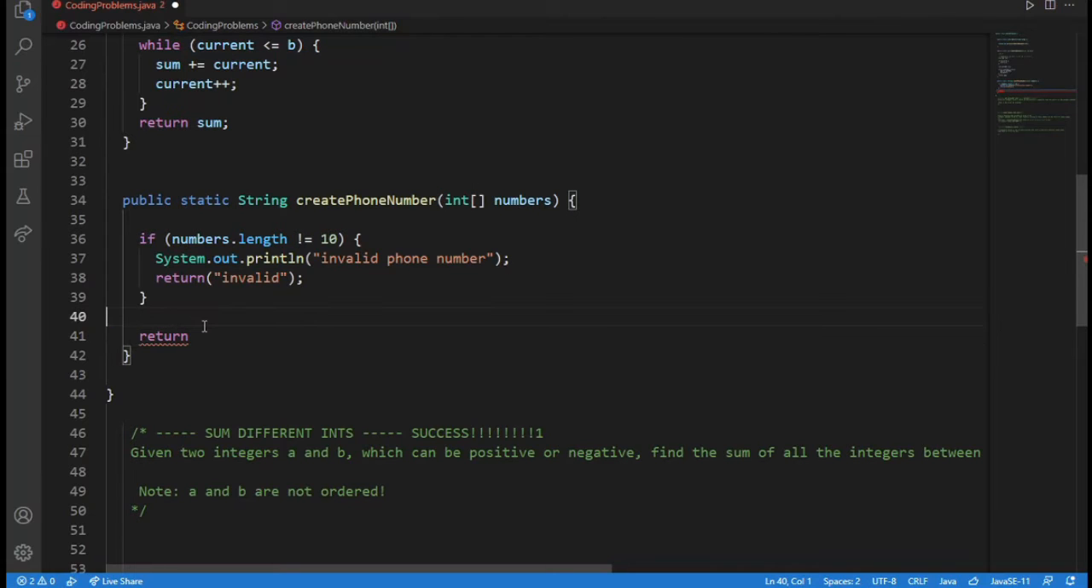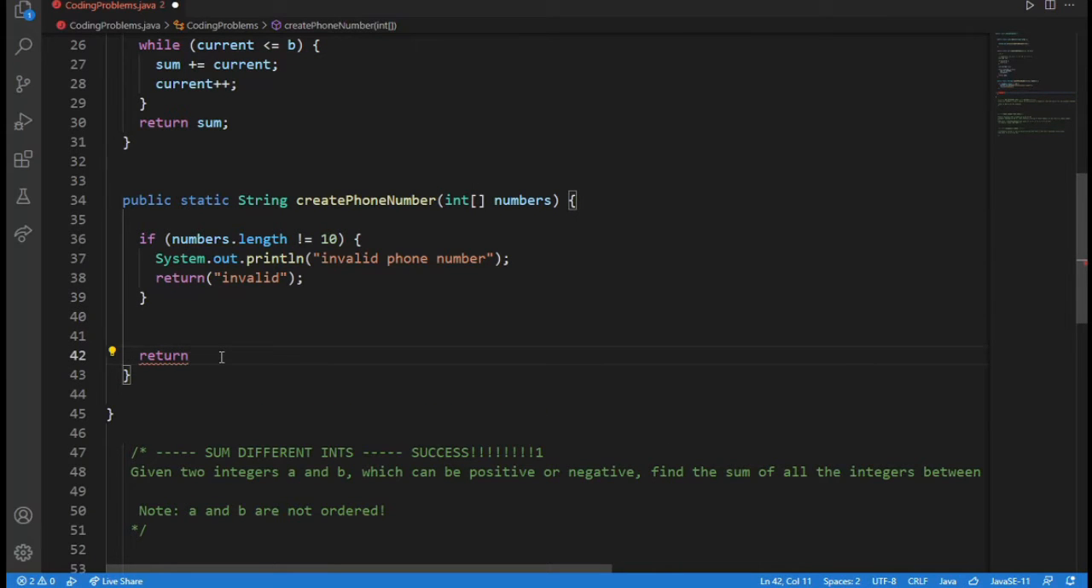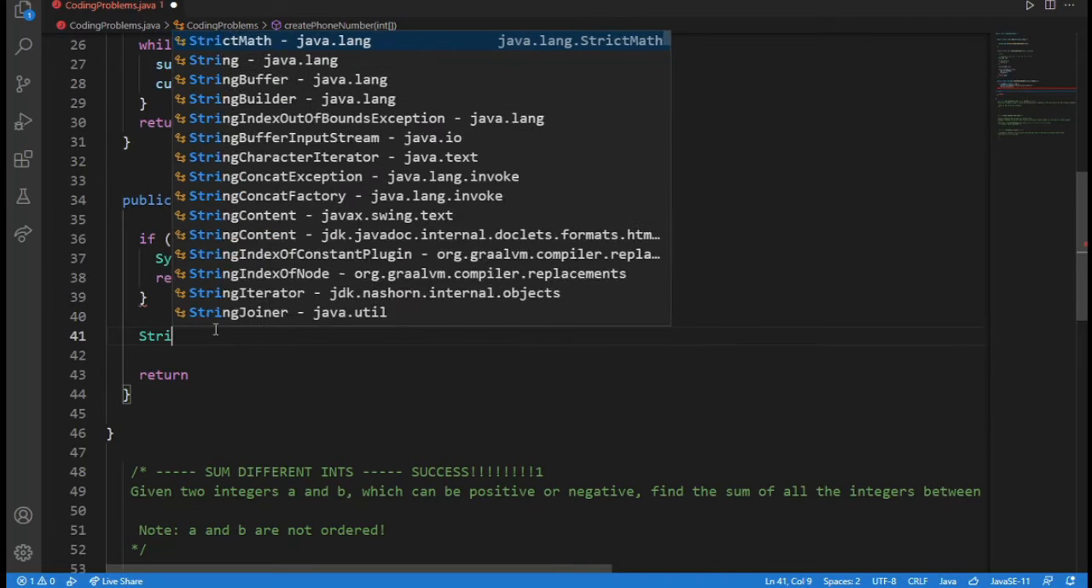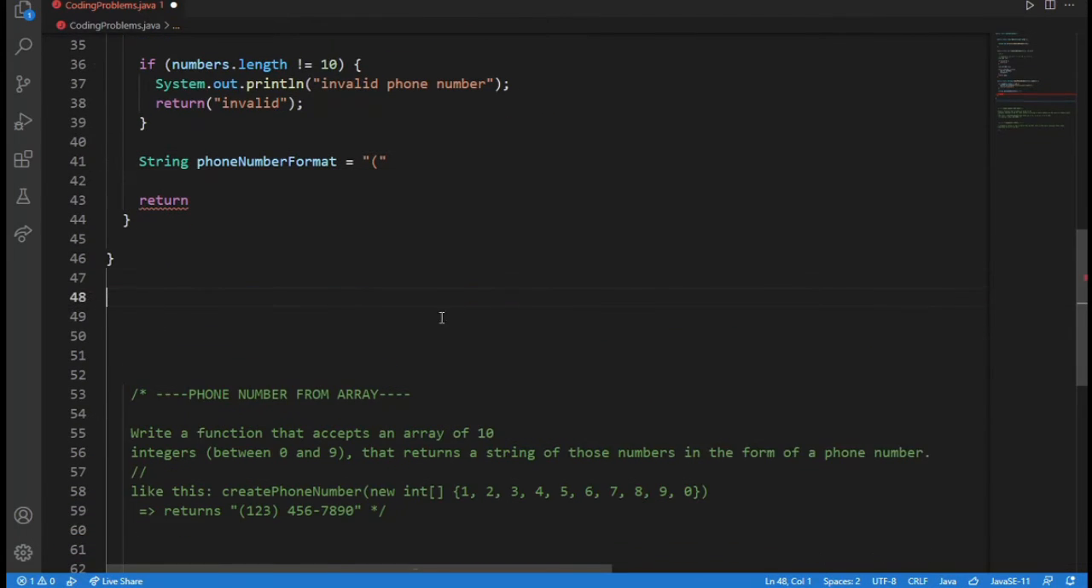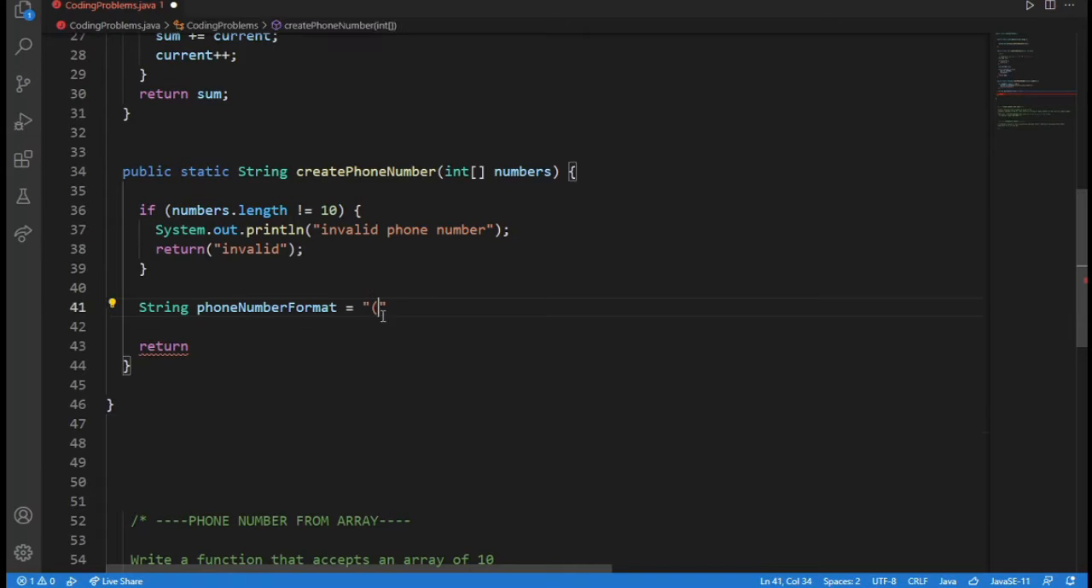So I'm going to return. Wait, so I'll just put it to a string variable first and return it. String phoneNumberFormat equals, and I'm gonna do parentheses, I'm gonna remove this anyways, parentheses plus, it's all about concatenation here, numbers